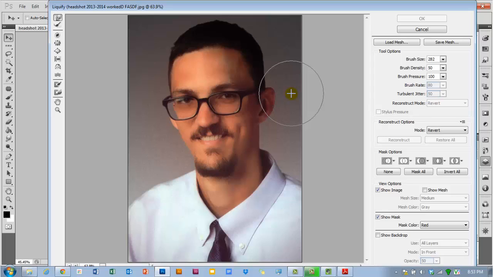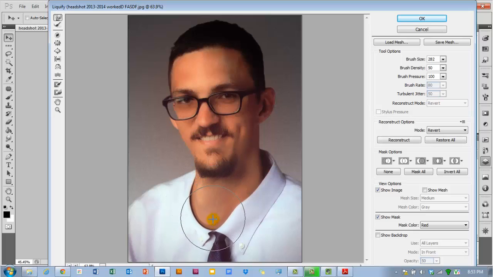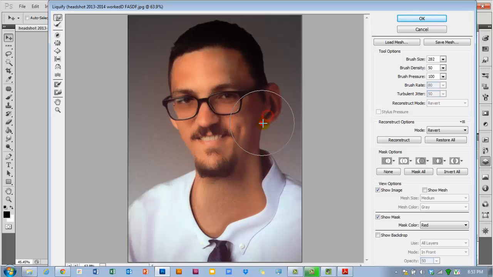You can use it however you want, but I suggest you do quite a bit of research before you start messing around with it. Or you could just be me and play with it. Liquefy just sort of liquefies things. So you can take parts of your flesh and drag them around. So like if I want a bigger ear, I can take my ear and bring it out. Make it look weird. I don't know what I'm doing, but